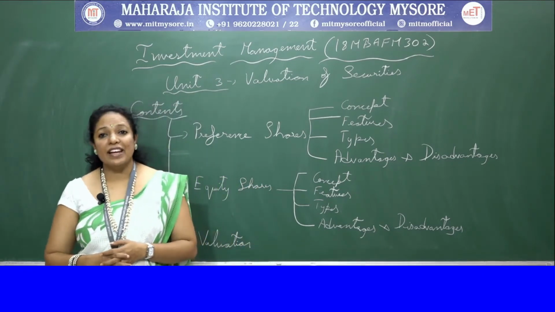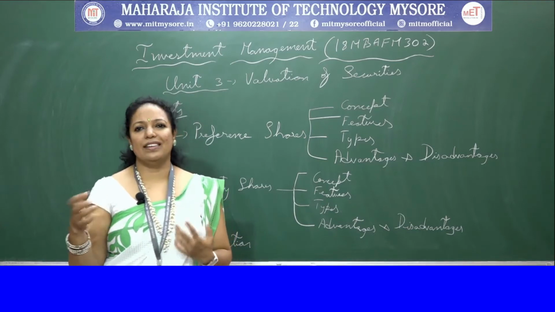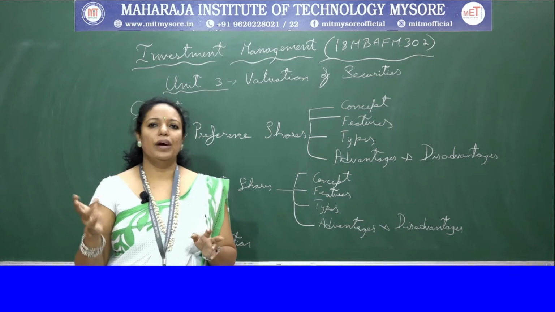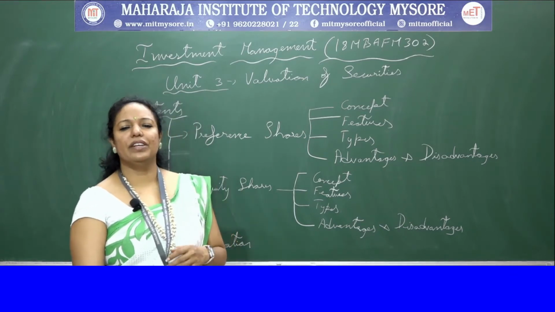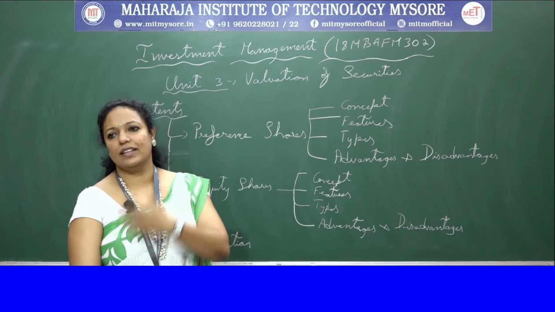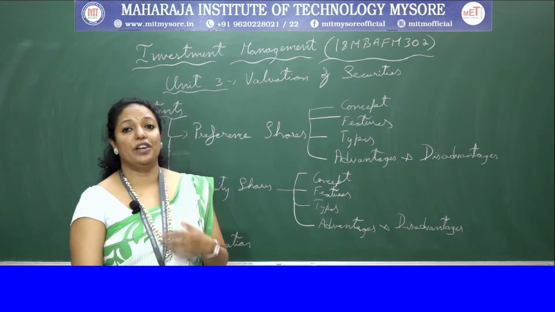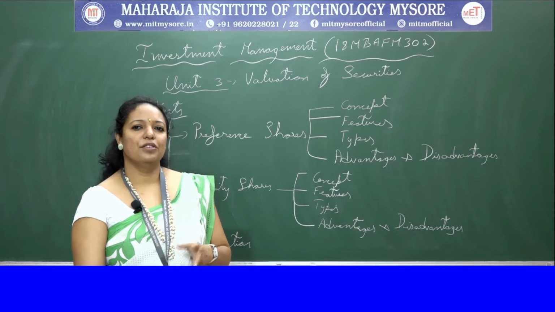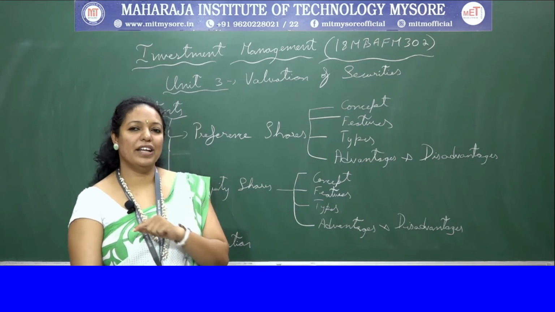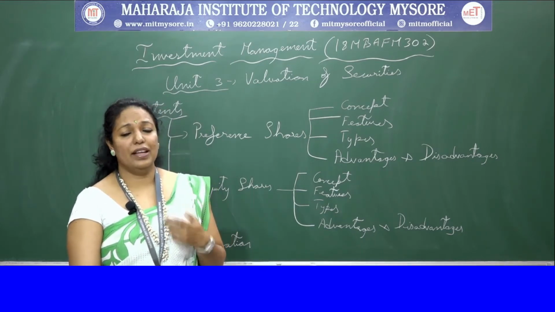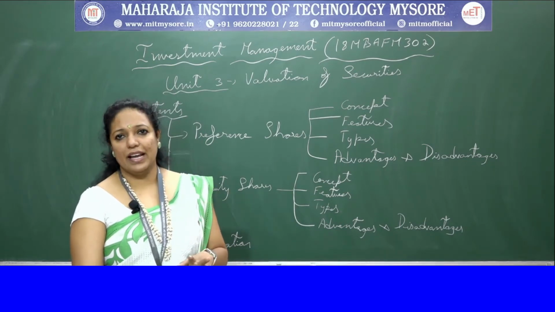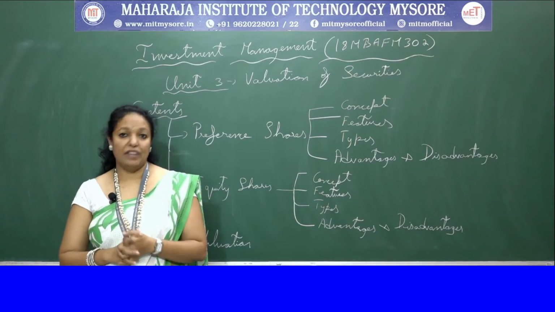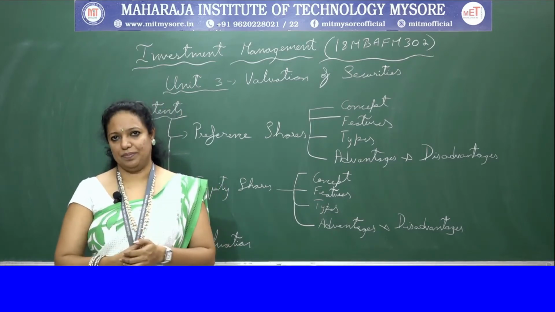And next is trading on equity. The rate of dividend on preference shares is fixed. Once you get the fixed amount of dividend, even if there is a rise in the earnings, the company need not provide more dividend to the shareholders. If it is equity, they need to be paid more. But in case of preference, only the fixed amount needs to be paid, even though you have surplus profits.